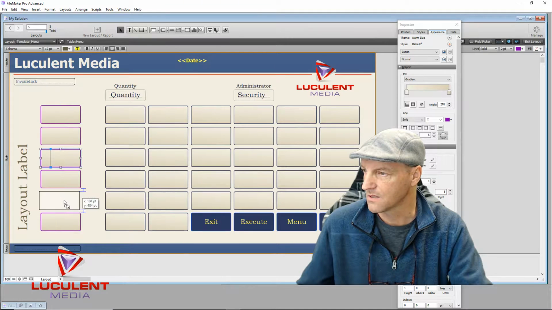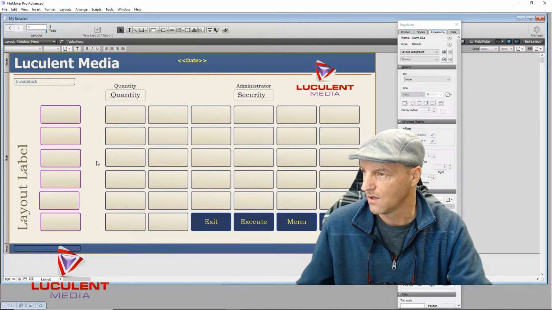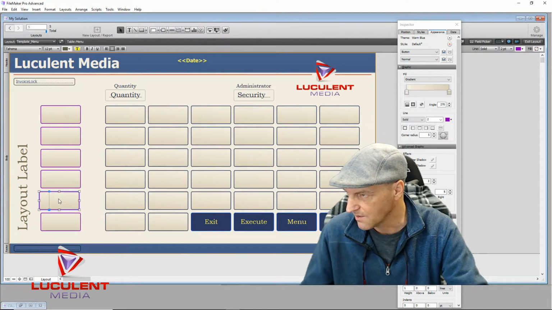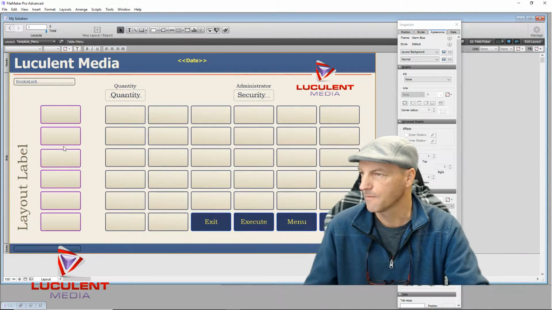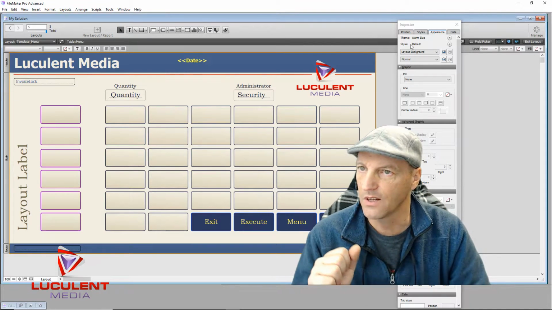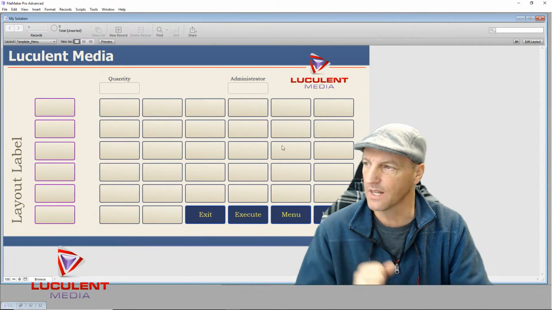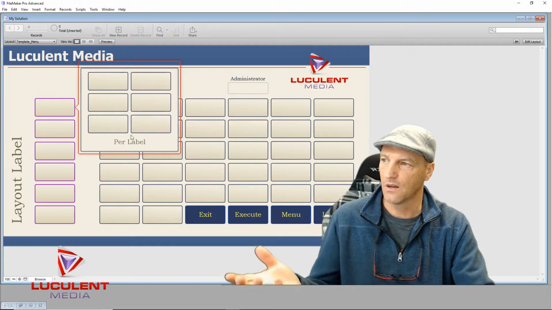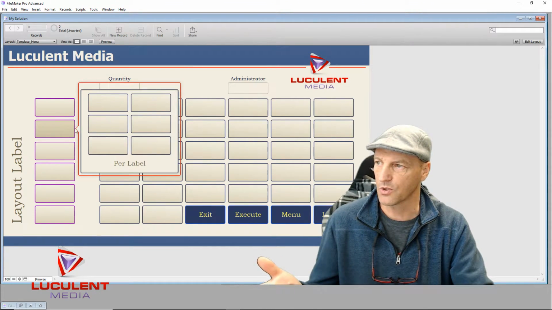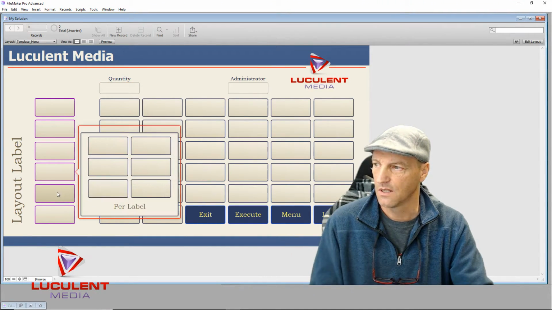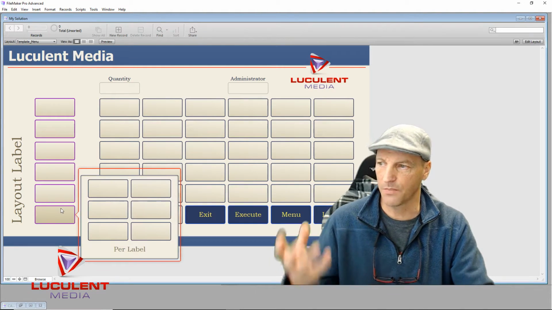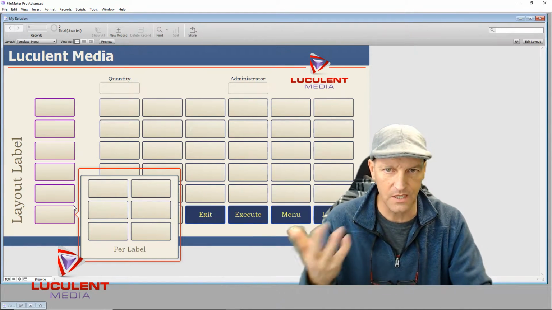Oh, come on. There we go. Oops, it was in the wrong place. It's weird. All right, so now we have it, and if we close and exit the layout, now if we push this button, we all of a sudden have all these labels. We push this button, and we have all of these places and things that we can do